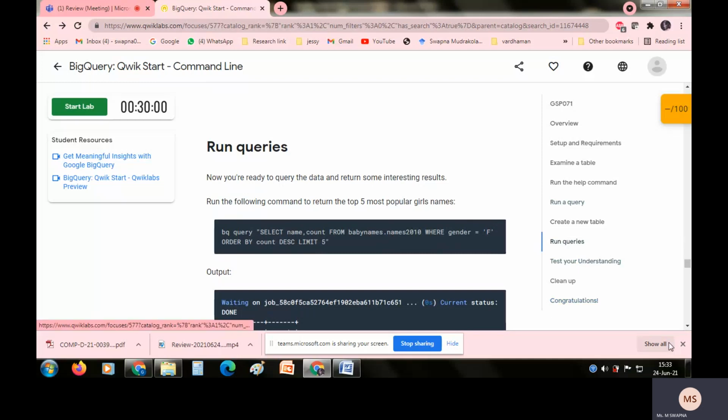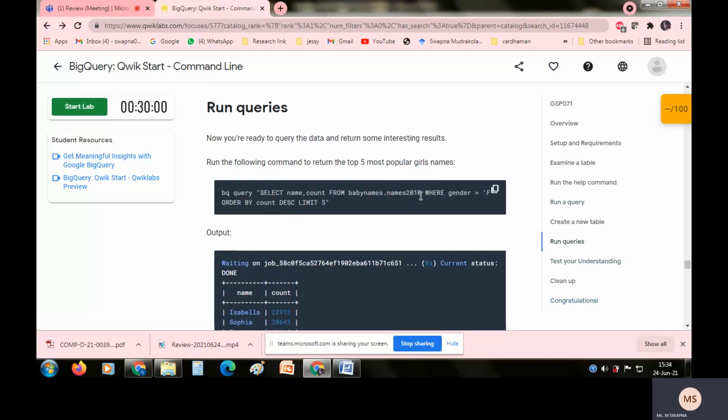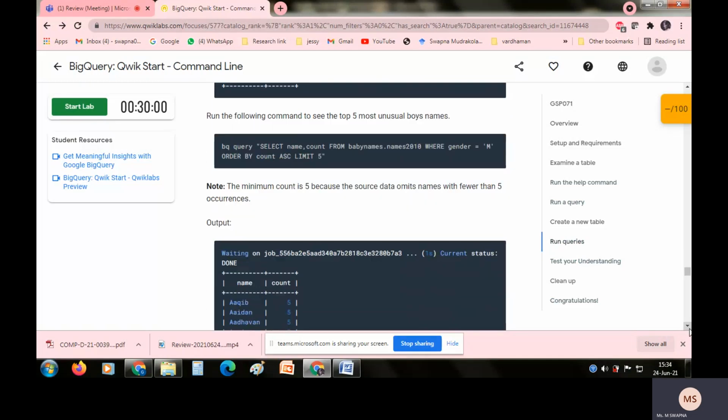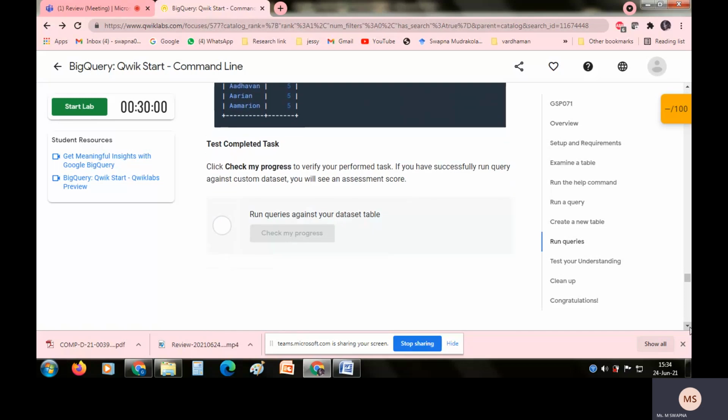I'm also checking the gender, grouping only the female names. For that I get Sophia, Emma, Eva, like that. The same for males also, I calculated like this. So with this, the theoretical concept of this experiment has been completed.